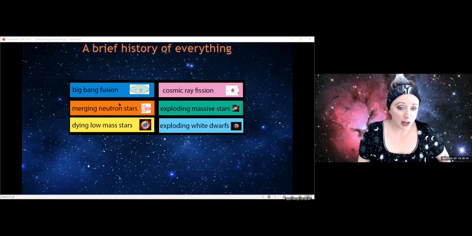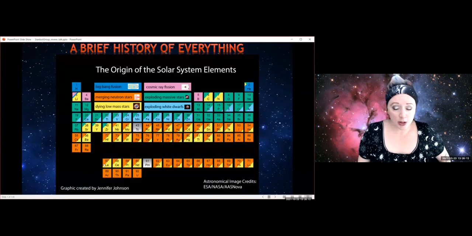This is where we have two stars that are remnants of old stars, and they collide and have a big explosion. This is low mass stars when they're dying. And here where we have the exploding white dwarfs, that's where you have two low mass stars, but they are orbiting each other and their interaction causes an explosion. So we have lots of different routes to making heavy elements, and there's a separate video on exactly how all of that works. In fact, it's a video series. But let's look at where different elements are actually coming from.